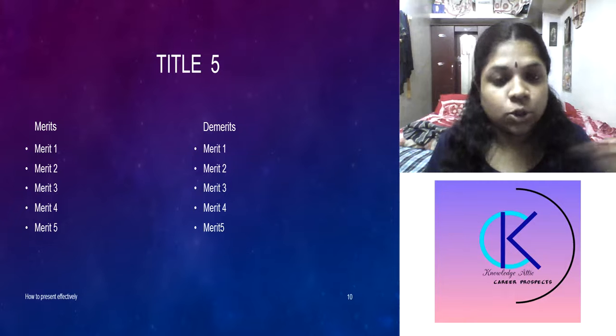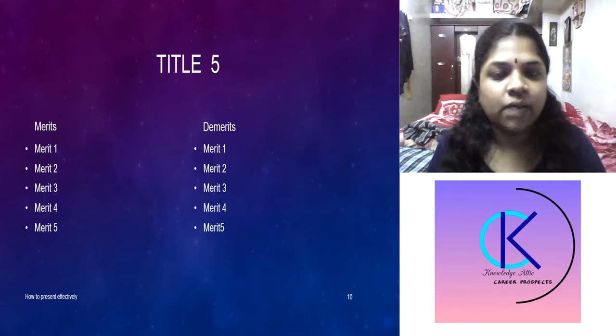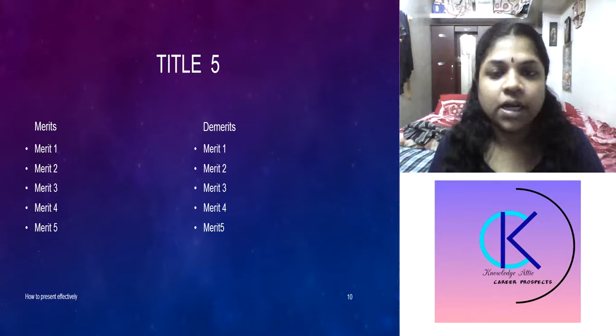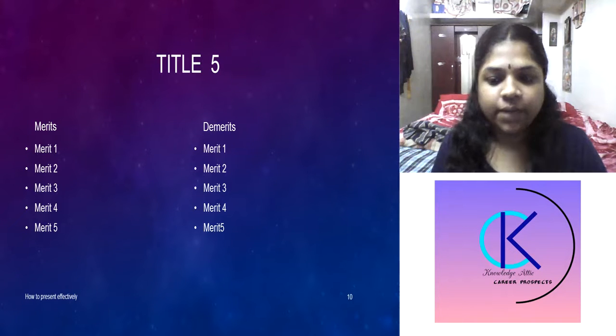Let us assume you are going to speak about 2 different topics, for example teams and groups. Now what I'll do, I'll have teams on one side and groups on the other side, and I will differentiate into various points. I think most of you will be very clear with that. So this is the particular layout when you are going to talk about 2 different points, like advantages and disadvantages, merits and demerits of artificial intelligence, advantages of computer emergence, disadvantages of computer emergence. You will choose this layout, list it, and present it. So this will reach the audience in a better way.